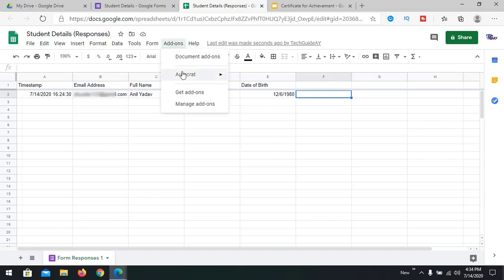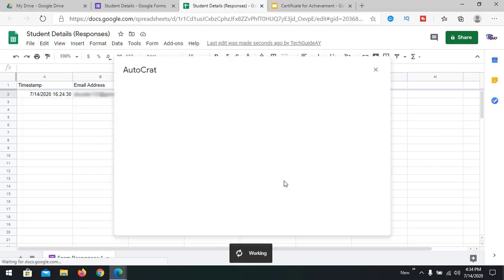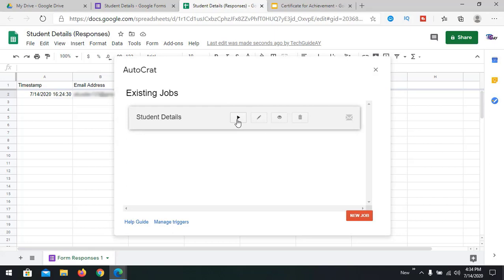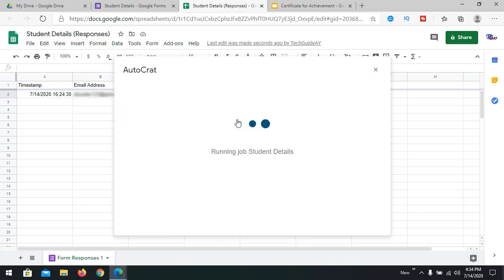Now going to add-ons, AutoCAD, and open. And now we are running a job. So clicking here, run a job.